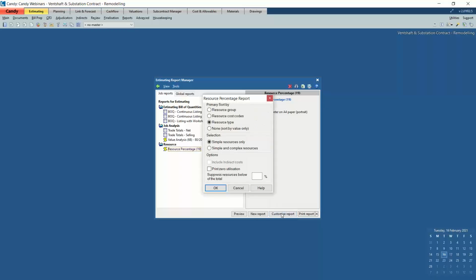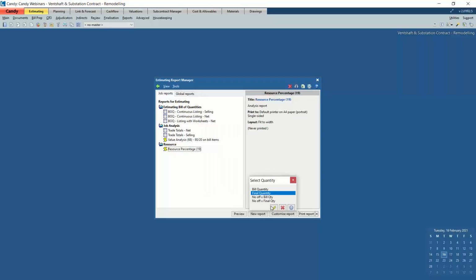the resource percentage report, customize, and to show you my presettings. I've done a primary sort by resource type, so that means I want my report to display and group my resources by type. So all the labor together from high value to low value, all the plant high value to low value, material high value to low value, and only the simple resources that I would like to analyze. And my selection on quantities will be final quantity, preview,